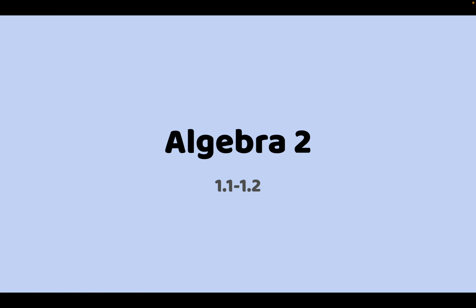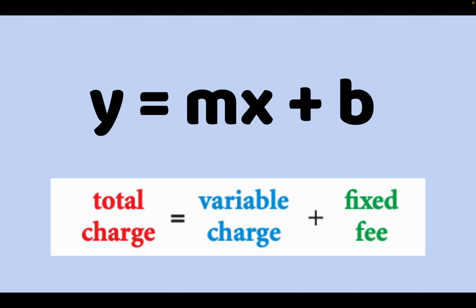1.1 will be identifying and graphing linear equations, and 1.2 will be finding the slopes of these linear equations and identifying and finding their x and y intercepts. So let's go! So first of all, 1.1, when we are identifying and graphing linear equations, what we have to